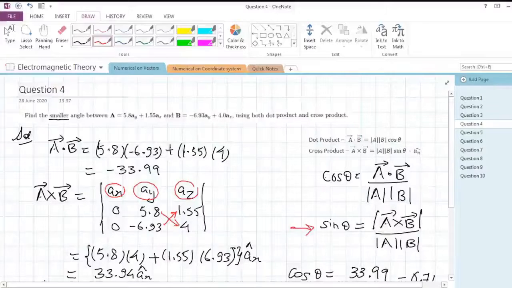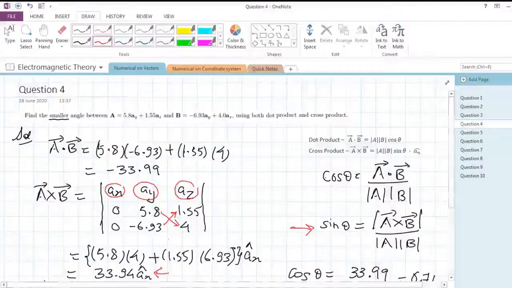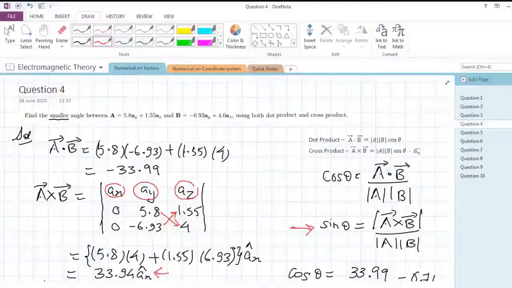Right now in our question it had only this AX component here, so we didn't need to find the magnitude in the traditional way. If it had all three components AX, AY, AZ, we would have to do the square root of the first coefficient square, then the second coefficient square, and then the third coefficient square. But in this example we didn't have to do this because it had only one coefficient, and it can be written directly because you'll find the square of this and again the square root, so it will result in 33.94 again. So these two questions involved the dot product and cross product formula in two different ways.